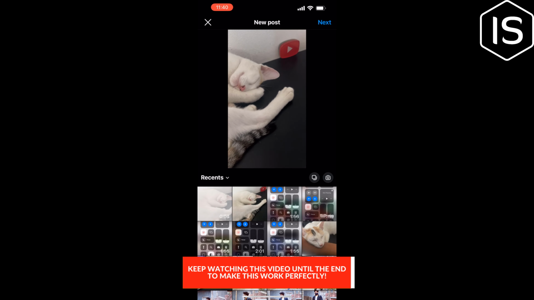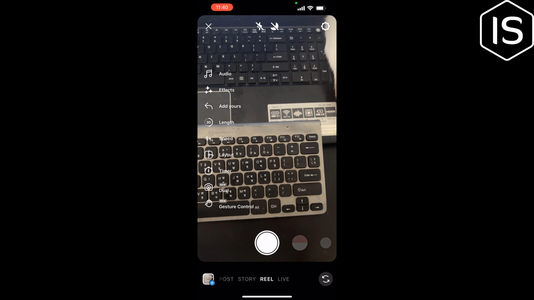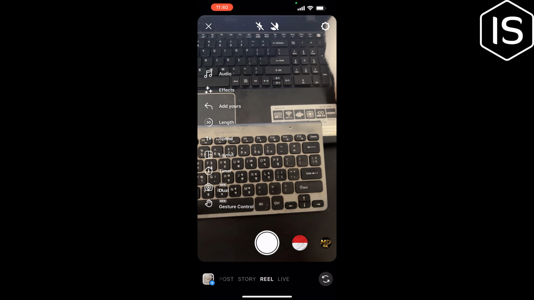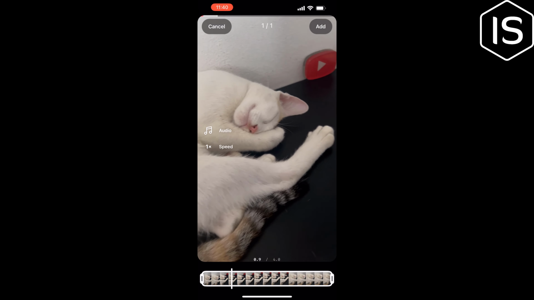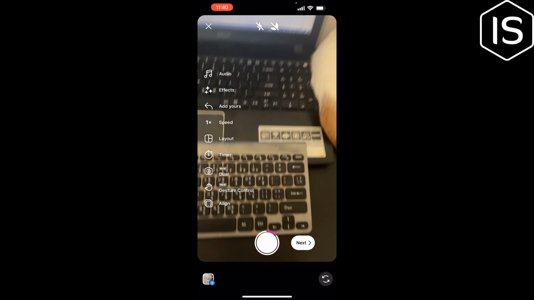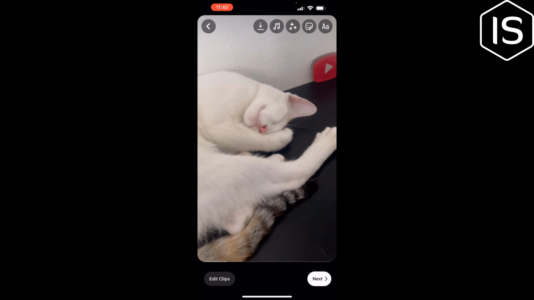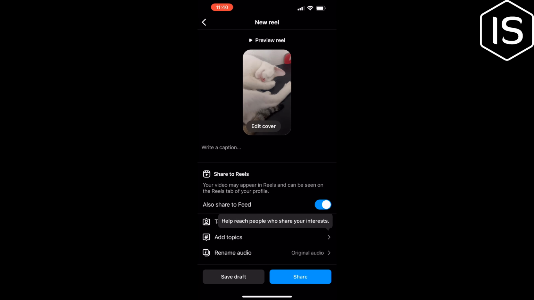Select Reel and now tap on Upload at the bottom left and select the video you just downloaded. Tap on Add, tap on Next and tap on Next. Tap on Share